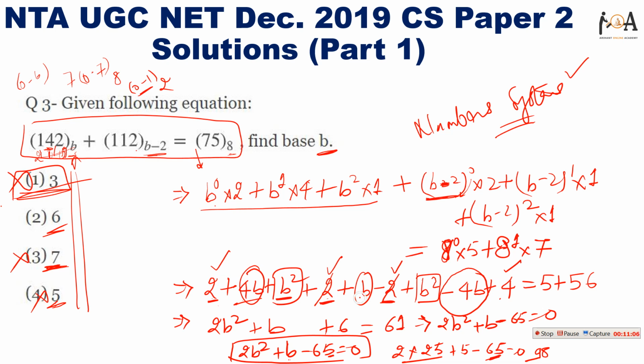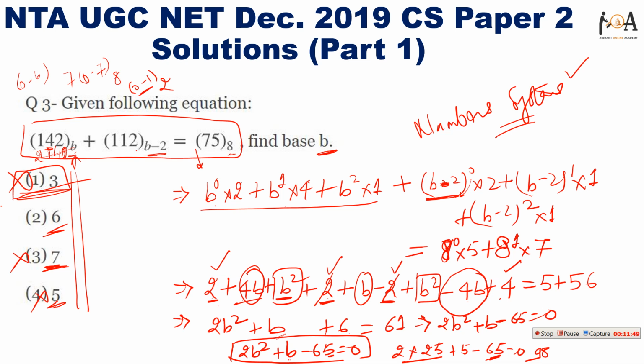4b plus b is 5b, and 5b minus 4b is a single b. So this 4b got cancelled with this b. How did I get this 4b? In here, b and b square, right? So minus 4b, 2ab, 2 into 2, minus 2ab, 2 to the 4, 4b. So only b is left here. Okay, and here b square, and again I got b here, and here also I got b. So b square, and here also I got b square. So 2b square plus b plus 6.